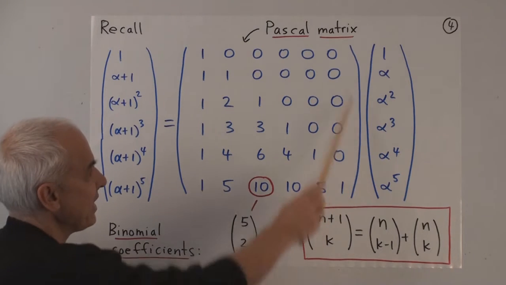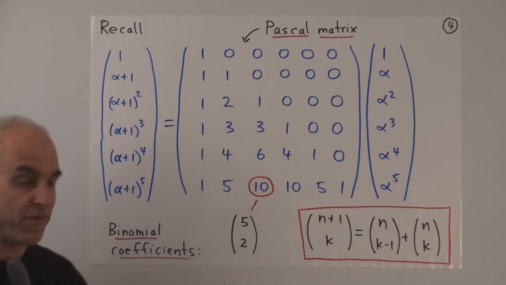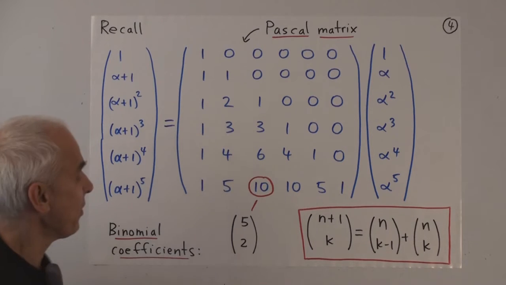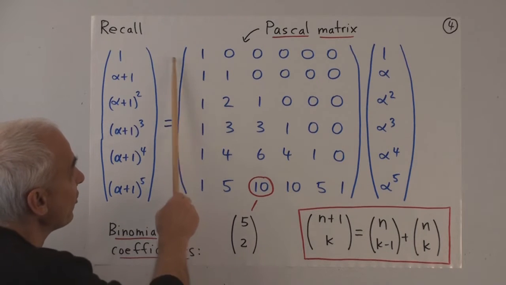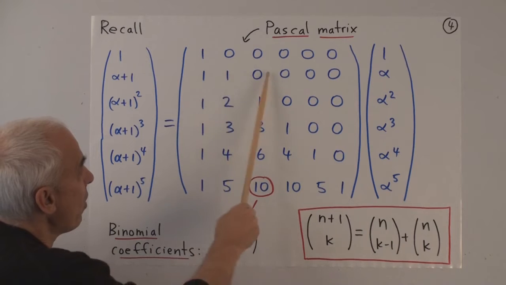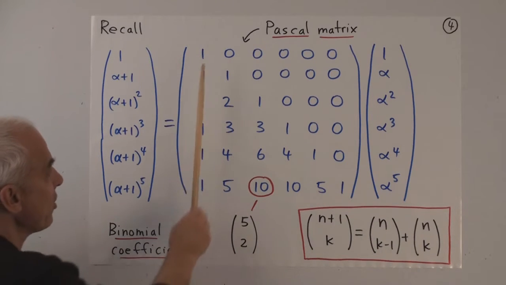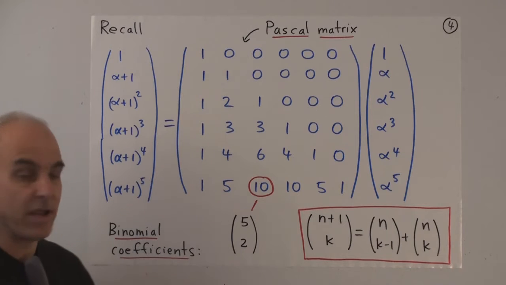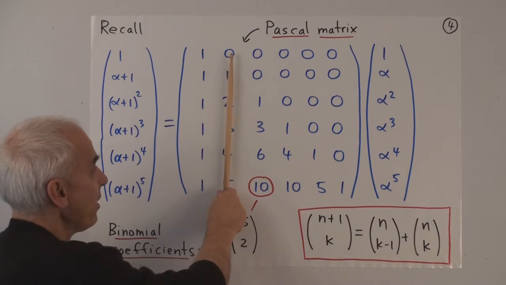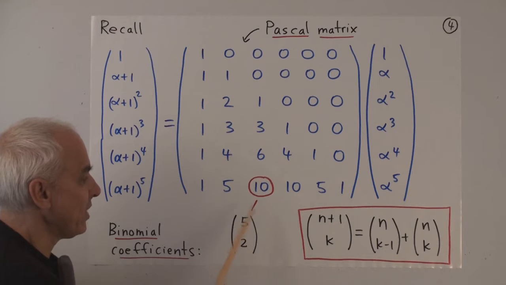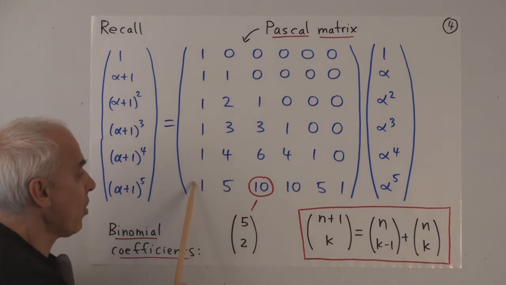So the entries in this table are called binomial coefficients. We're also labeling them in the same way as we did the Stirling numbers. So we're thinking of our rows as starting from row 0, row 1, row 2. So this would be row 5. And thinking of our columns as being indexed by column 0, column 1, column 2. So this would be 5 choose 2. It's in the 5th row and in the 2nd column.